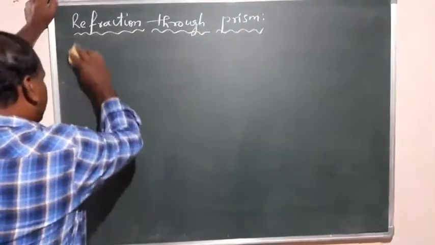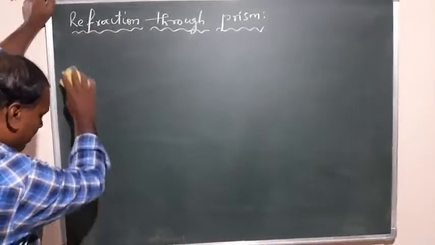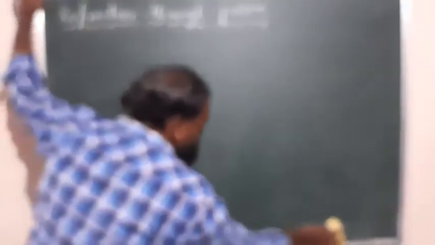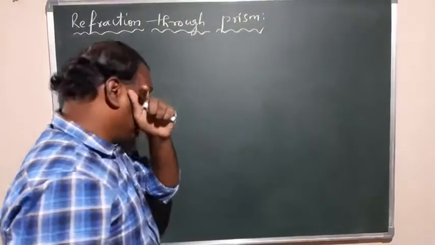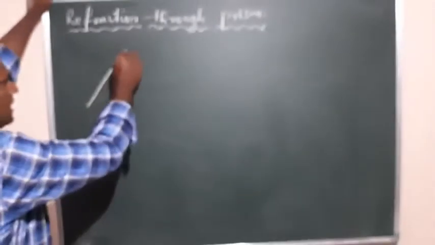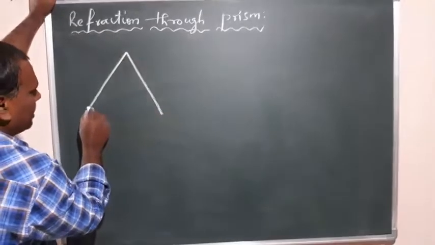a glass prism, an equilateral glass prism, right? The ray is incident on the first refracting surface, and the light comes out from the prism through the other refracting surface. I'm taking a part of the diagram I just drew, and from that I get an equilateral triangle. Let it be like this, an equilateral prism I'm taking.